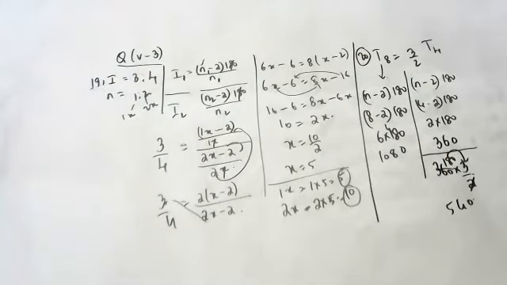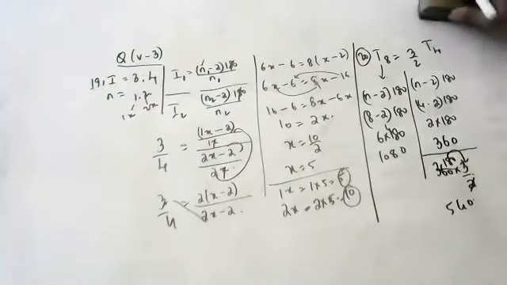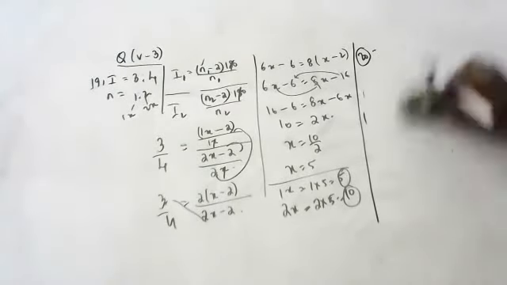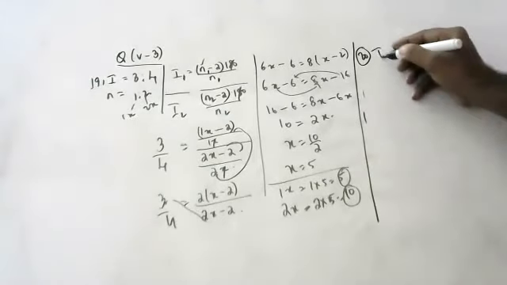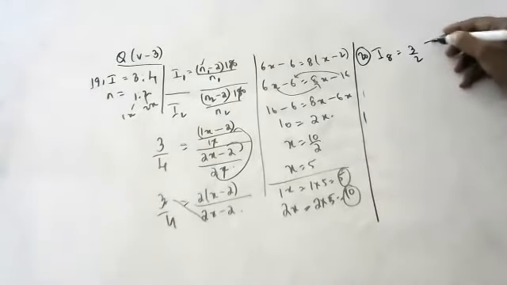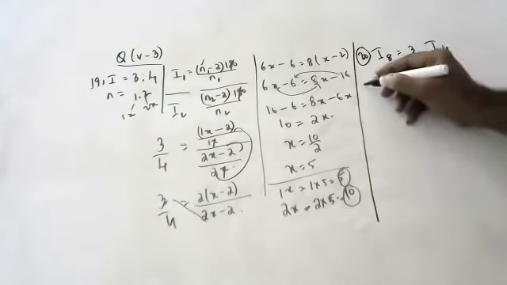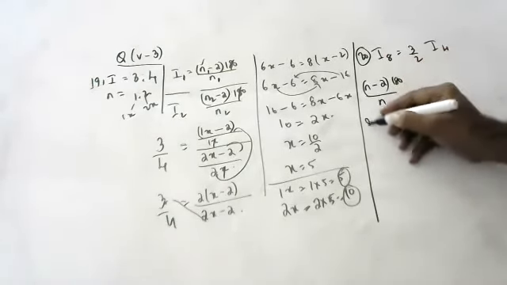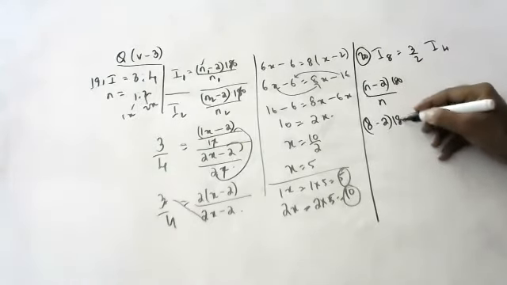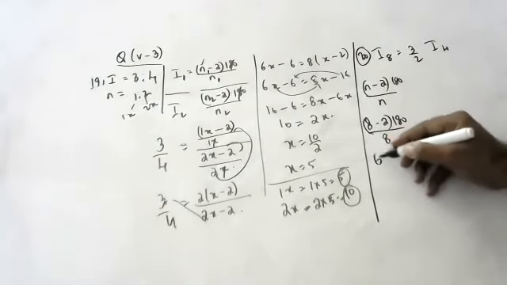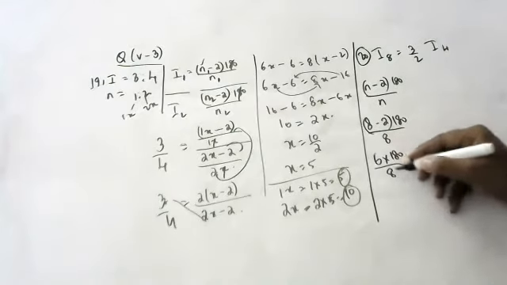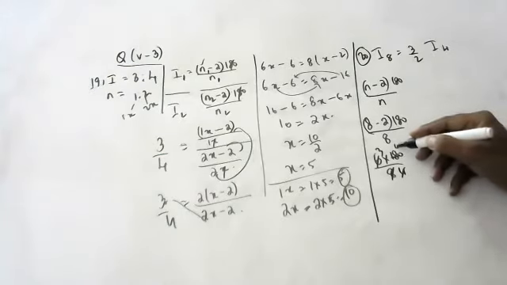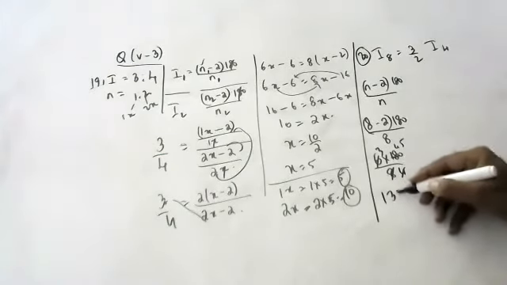No, no. Interior angle is asked, not the total angle, because we are not getting the answer. Let's see the interior angle. Interior angle of octagon is 3 by 2 times the interior angle of square. Interior angle of octagon: (n minus 2) into 180 by n, 8 minus 2 into 180 by 8, 6 into 180 by 8. That is 135.